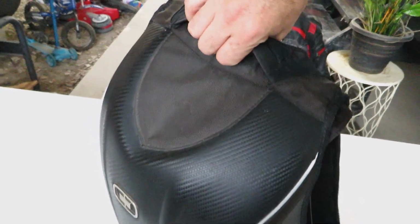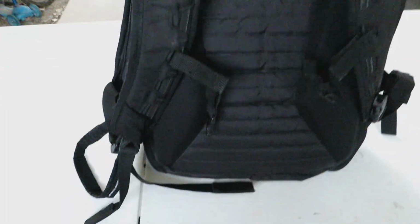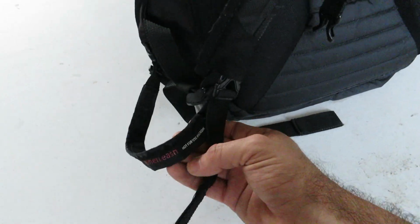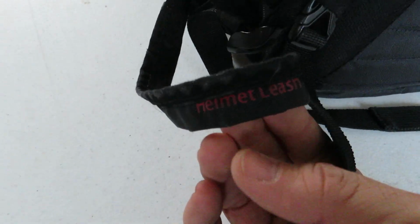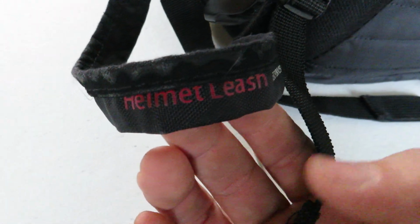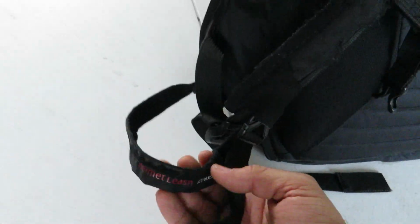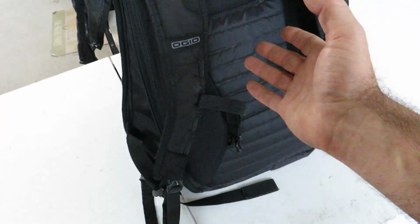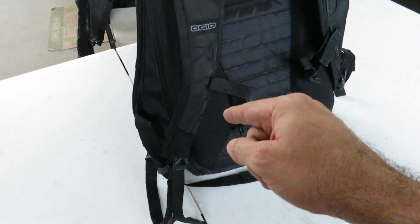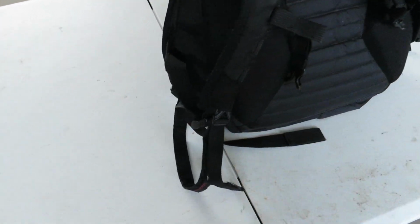Now, before we dive into the pack, let's take a look at some of its outside features. First, down here on the right-handed strap, admittedly something that I have never used, not even once in 5 years, is a helmet leash. Now, the basic idea behind this is that if you're going to wear your pack and kind of walk around for an extended period of time, you don't want to leave your motorcycle helmet on the motorcycle, well, you can simply